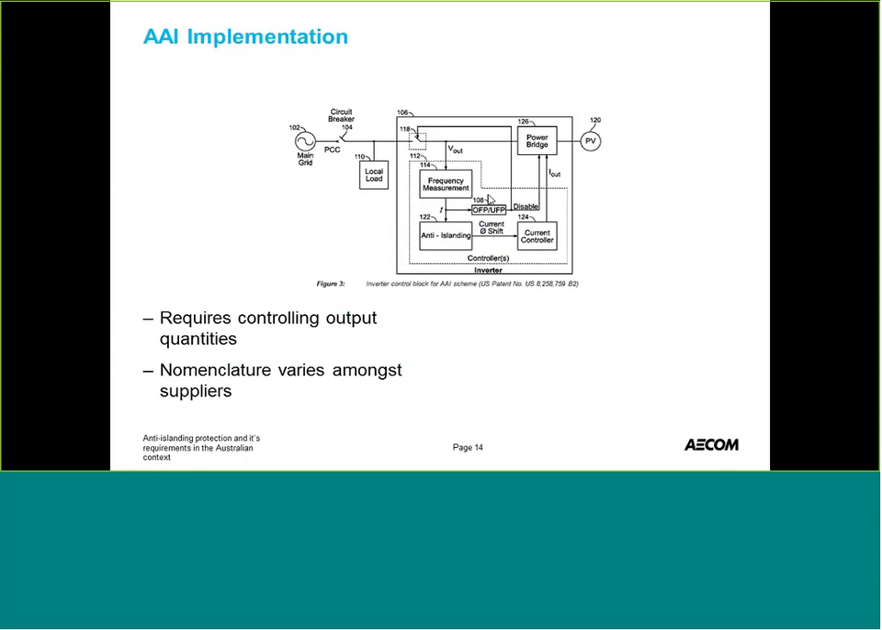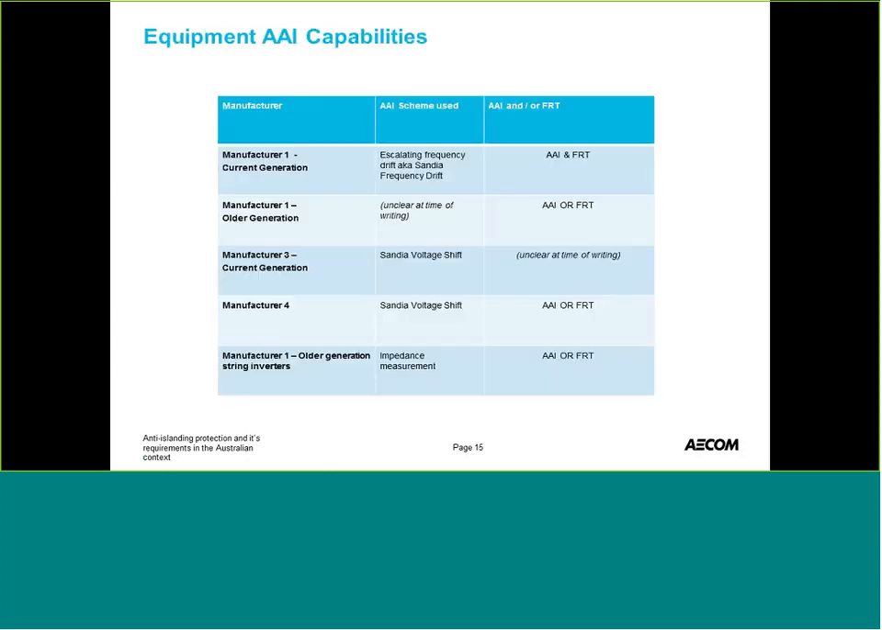The nomenclature of the actual anti-islanding scheme we found does vary between suppliers. So one of the biggest challenges is actually finding out what particular scheme is being used by a certain supplier in order to understand how effective or not it's going to be. Currently it's only on solar PV, but there's no reason why it can't be applied to Type 4 wind turbine converters as well, potentially Type 3 as well. We looked at capabilities of a few different suppliers. We've got one supplier's current generation of